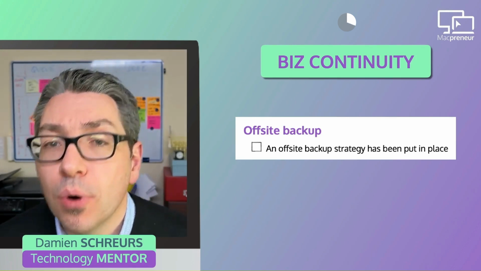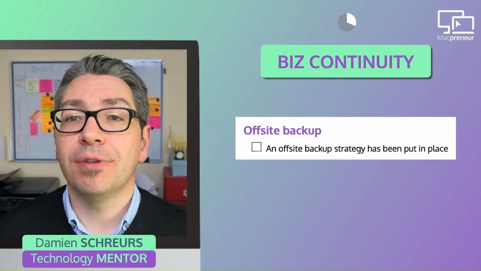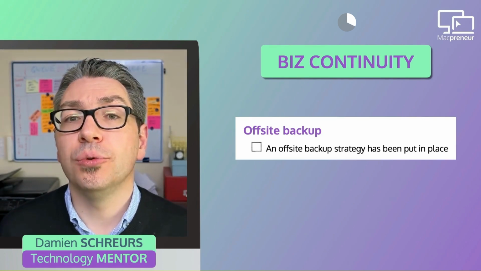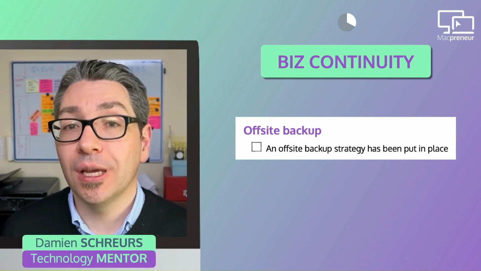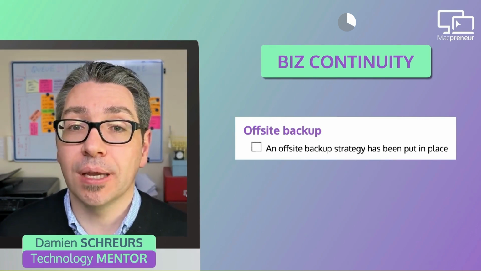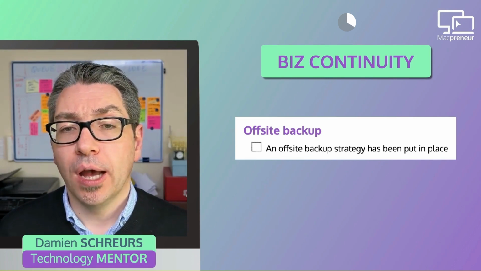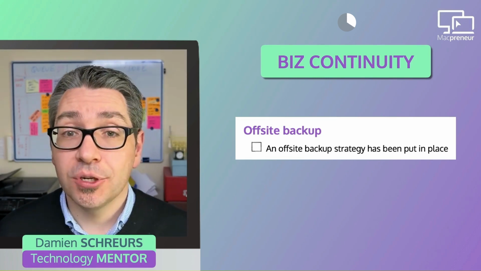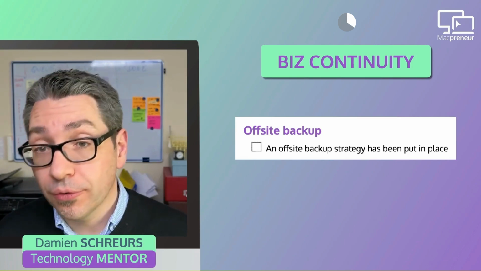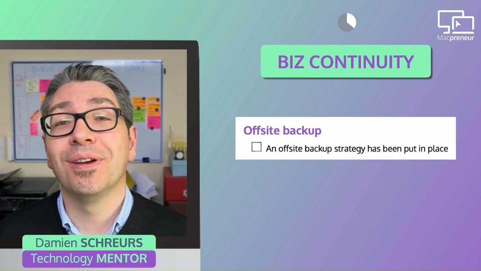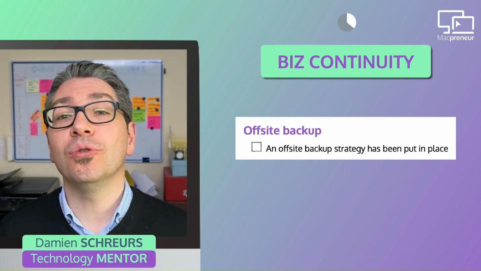Next up, offsite backup. Well, you need more than a local backup because in case of fire, flood, or burglary, it's highly likely that you will lose both your Mac and the Time Machine backup drive at the same time. Now, there are two main offsite backup strategies. Either you configure a second Time Machine backup drive that is stored in another physical location and you bring it back periodically to make new backups, or you could set up an automatic